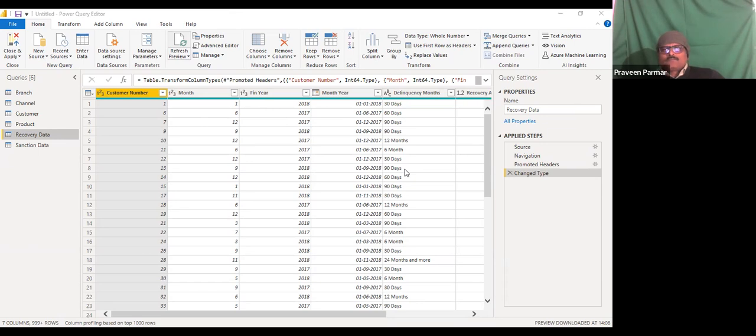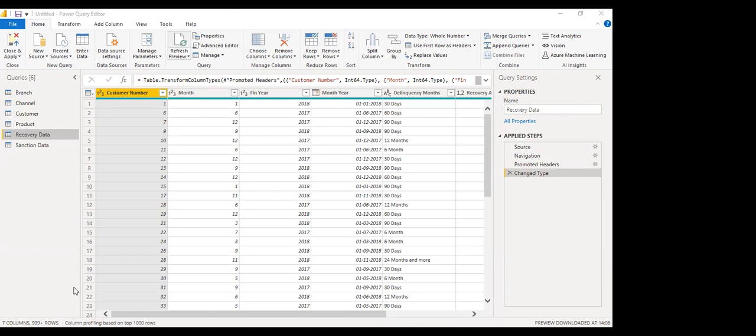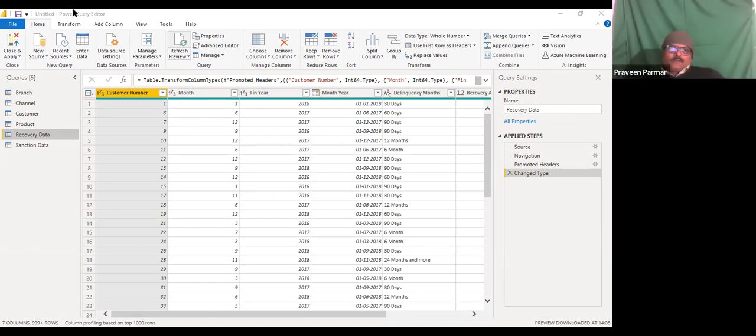Before importing columns into this recovery table, I want to check whether the columns are appropriate or not. Power BI is not as intelligent as Tableau.